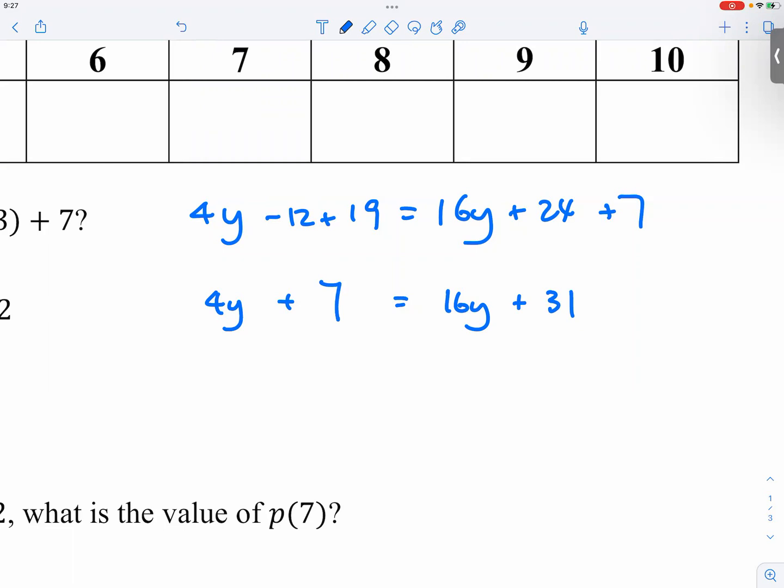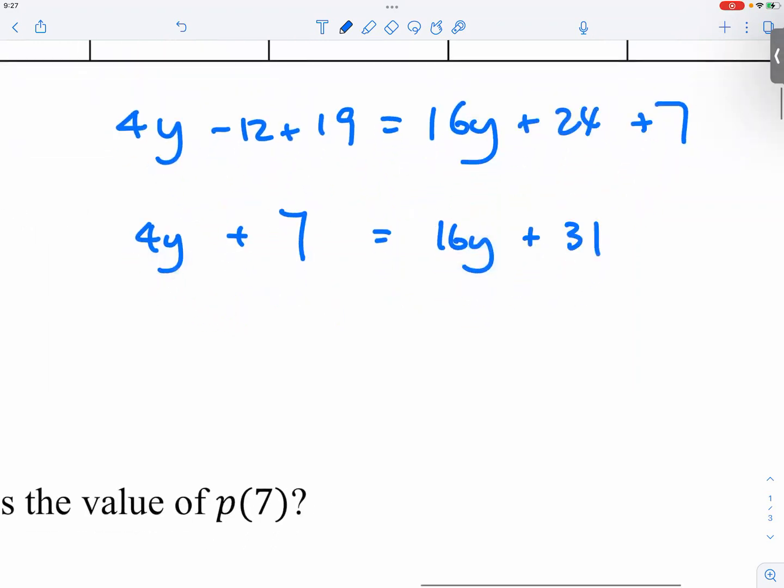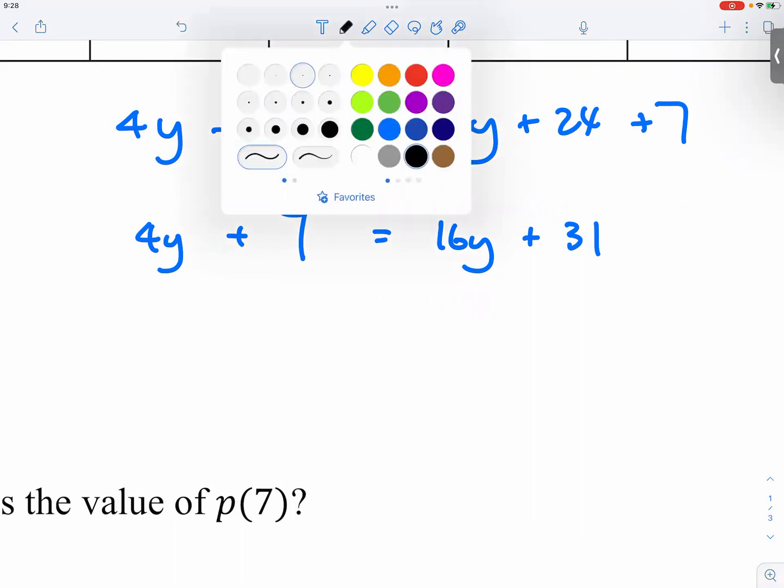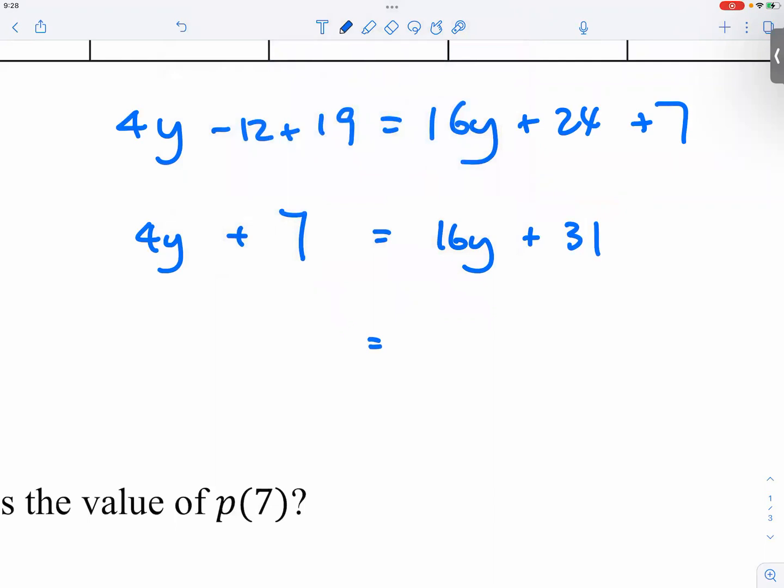The next thing is we have to combine like terms even further. So let me ask you a quick question. Do you like to keep the y, the variable, on the left or on the right? Left? Okay, sure. Now, in Algebra 1 or geometry, you were told to write something like this, right? That's what you do. In Algebra 2, I can share something with you: you do not need to write this anymore because we are smart enough to know what you're doing. So what you need to write is, oh, you're subtracting 16y, so that you have all the y on the left. You can simply write down